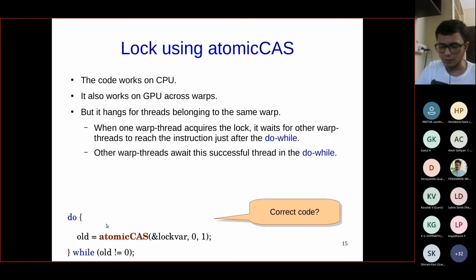As we know that warp threads execute in SIMD manner, let us understand what will happen. All the 32 threads, that is all the threads of the warp, will start executing this in lockstep. They'll start executing this do while loop, and this atomicCAS. They'll see that only one thread succeeds in getting the old value as 0. So only one thread will get the old value as 0,